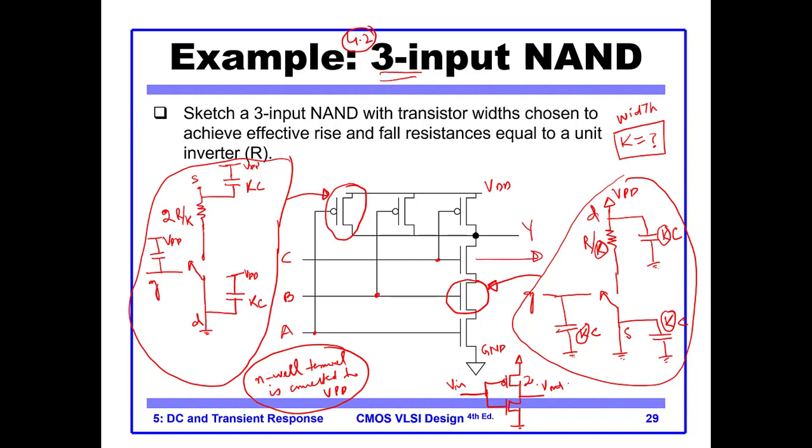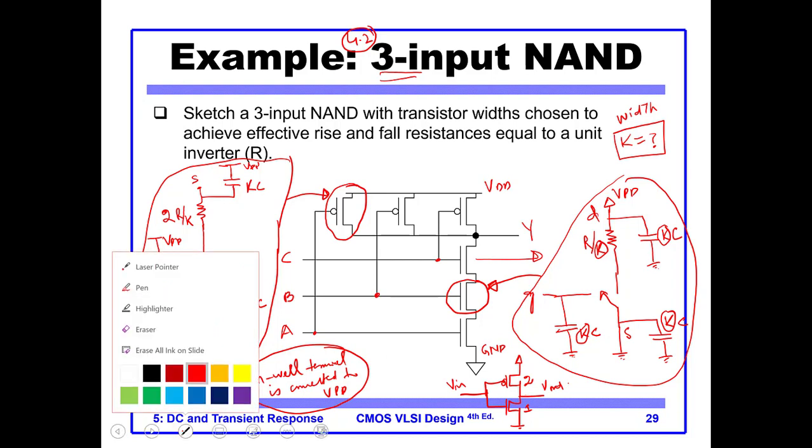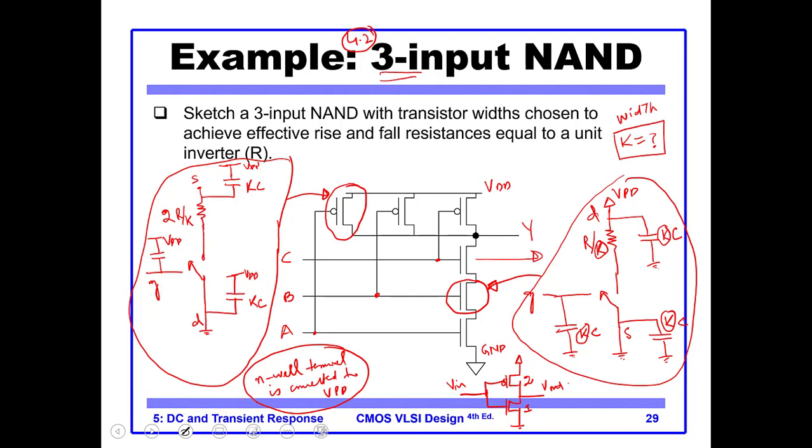The size of PMOS was 2, and the size of NMOS was 1. What we have to understand is that for all the 3 NMOS that are in series,